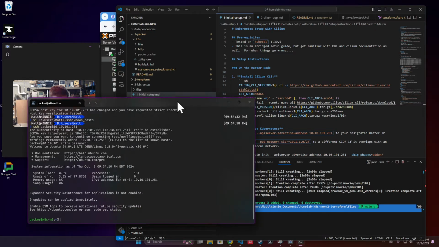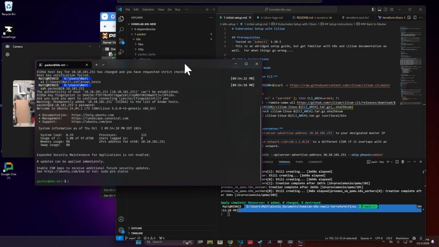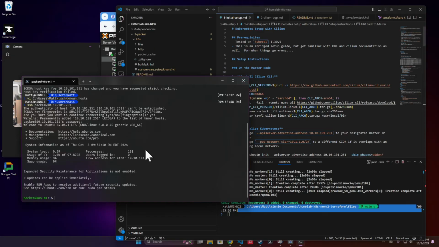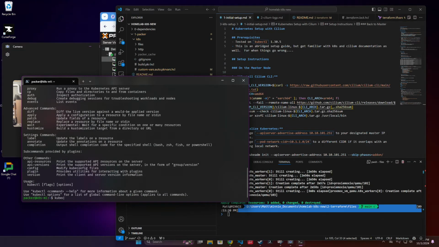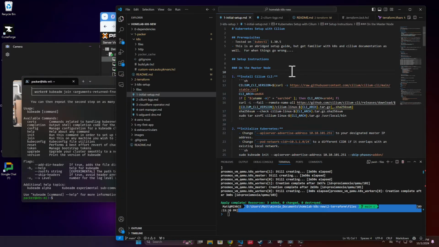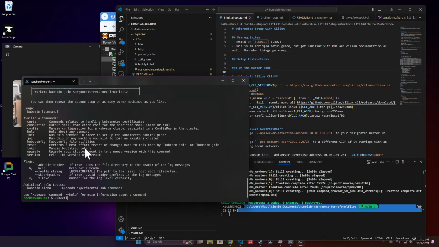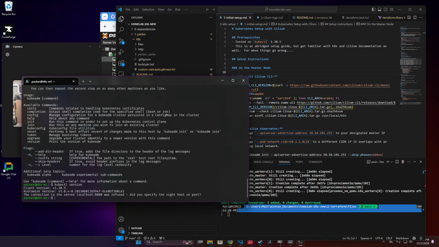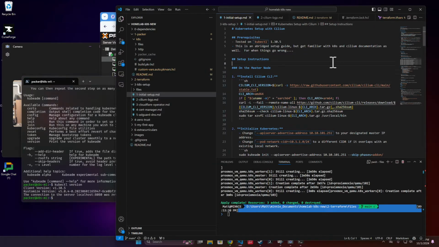Just do the commands itself. But yeah, please read the documentation when you can. So let's make sure that our Kubernetes commands are in here. kubectl is here, as well as kubeadm is here. We are on version 1.30.5, so that's what we expect. And here we are, setup instructions